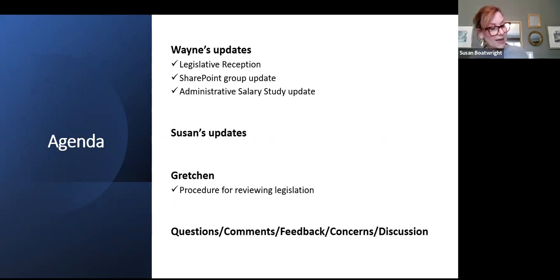The budget has passed the House. I do not think it has passed the Senate yet, although the hearing occurred last week. One other thing of note that I think is important to point out, I had nothing to do with this. Wayne did a lot of this background work, but the number of positions that were approved for DHS to increase for adult protective services